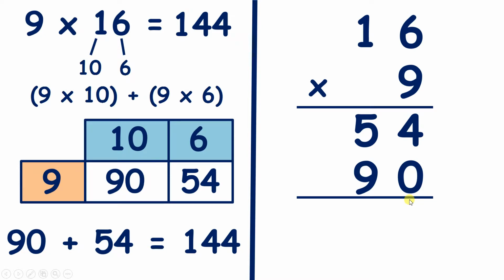Now we can find our total using column addition. 4 plus 0 is 4, and 5 plus 9 is 14. So we can write the 1 under the next place value column along, so under our hundreds, and our 4 in our tens column. So now we have nothing in our hundreds column apart from the 100 that we made from adding our tens. So we have